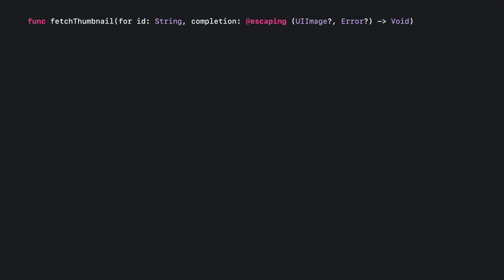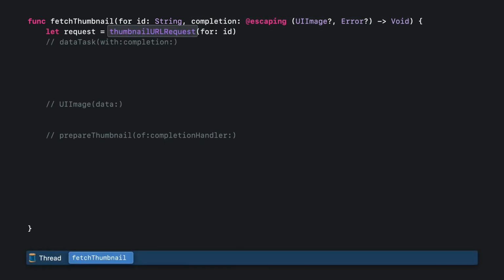Before Robert and I took async await out for a spin, we were writing the function using completion handlers. The function takes as its arguments a string, the input to the first operation, and a completion handler, used to give the output back to the caller. When fetchThumbnail is called, we first call thumbnailURLRequest.